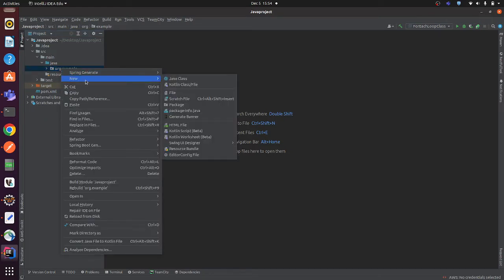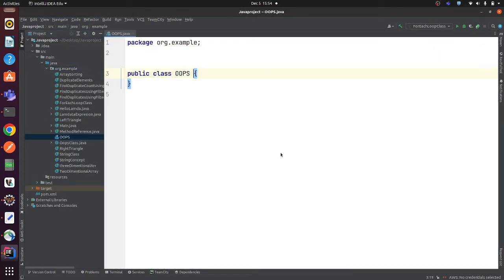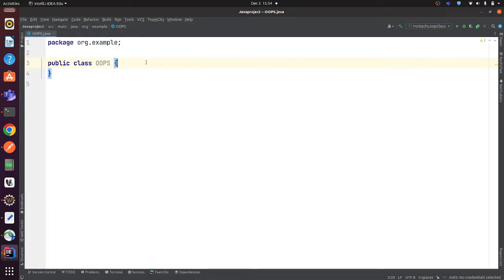With this example, the name is a class OOPS. Okay. So, first point is class. So class is a blueprint. So blueprint is just declaring variables and methods. Suppose we want to declare